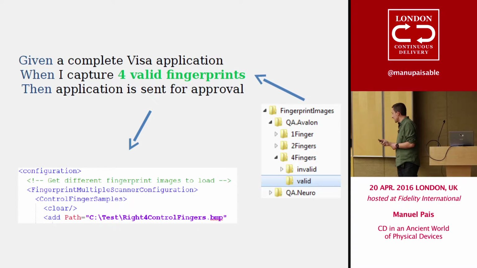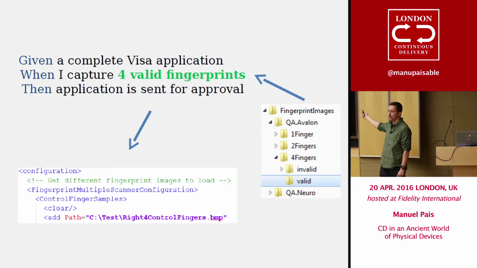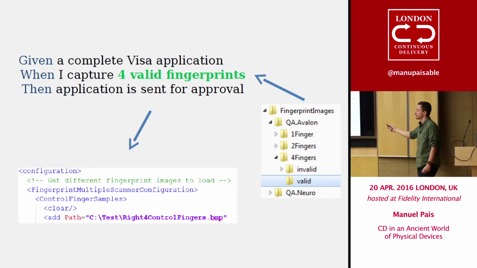So how did we organize our test data? It was actually just a folder structure. It was a repo, so it was version controlled. Each folder here, like 4 fingers and valid, is a categorization of the test data. And the data itself is basically images, because most of those devices were returning images of the things we needed from them. And with this kind of simple categorization, we could find easily